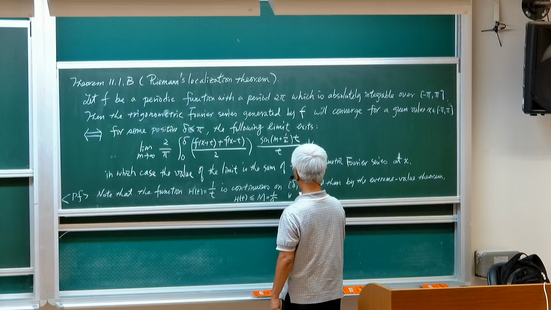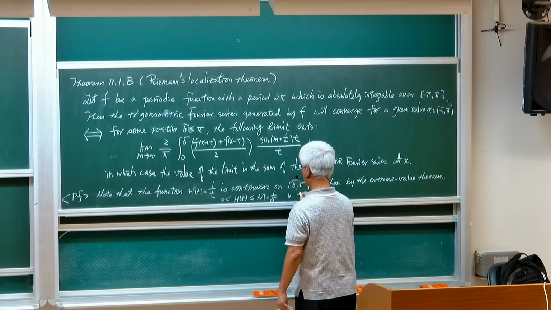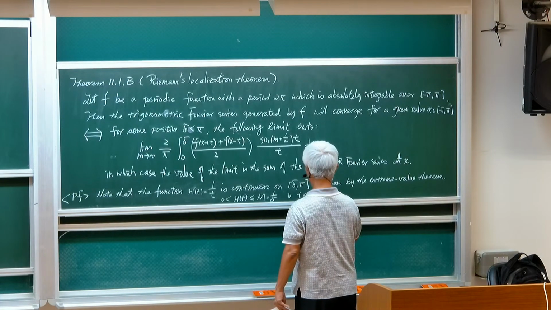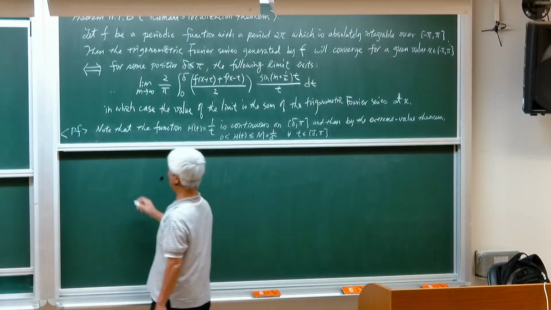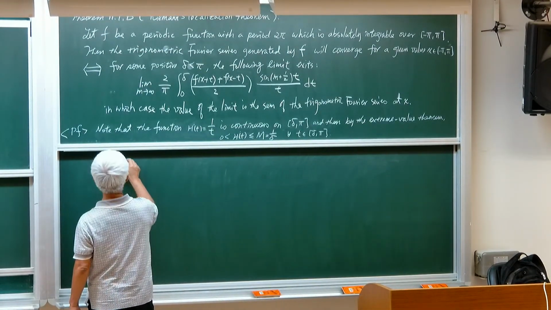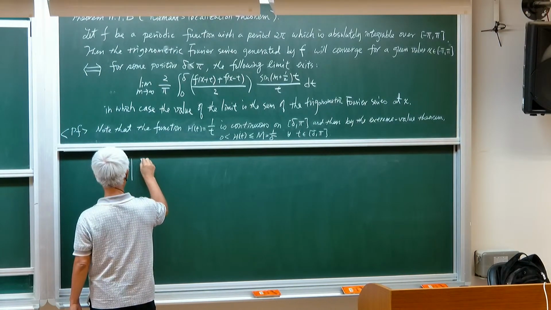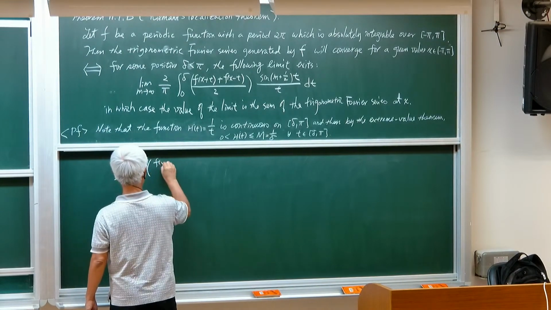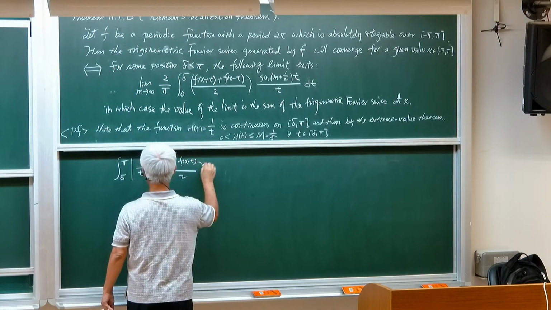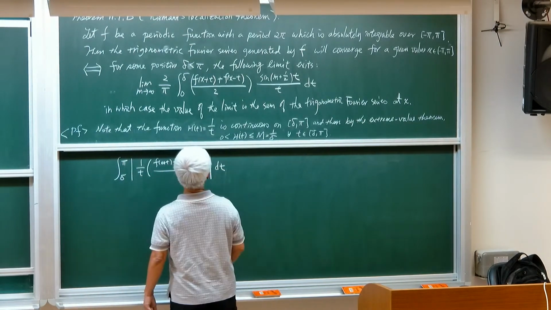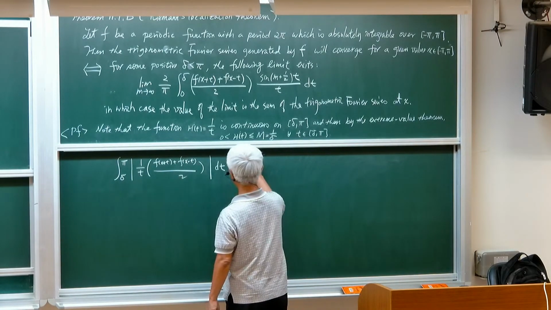So for all, and of course it's always positive, so for all t in delta pi. Right. So that if we integrate delta to pi, and if we 1 over t over 2,